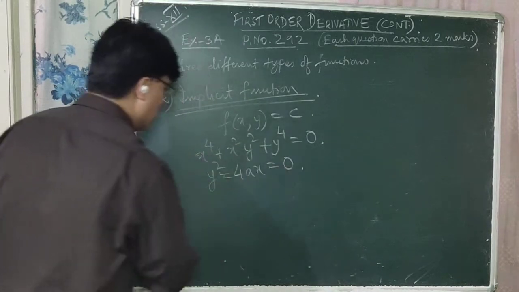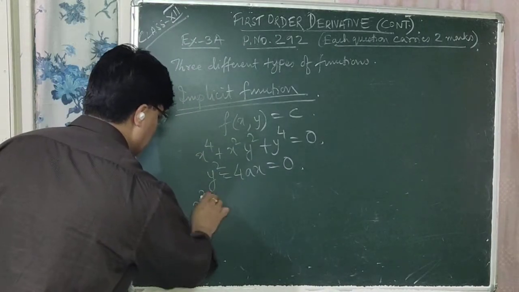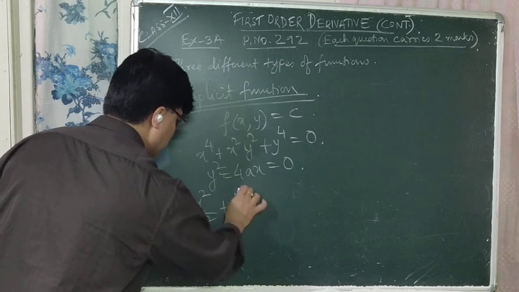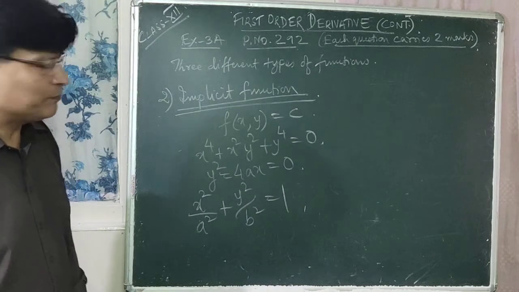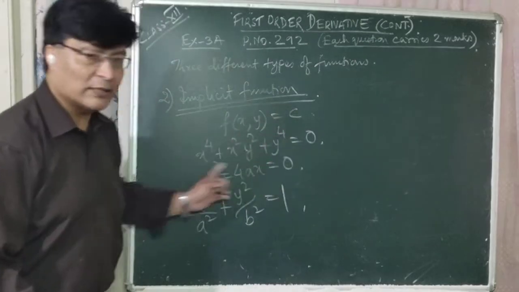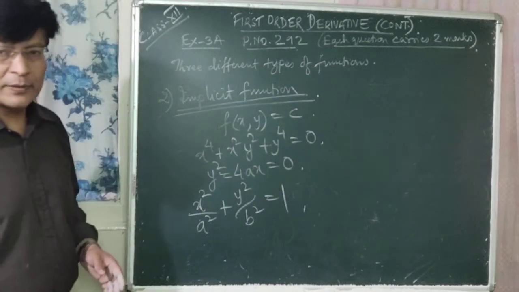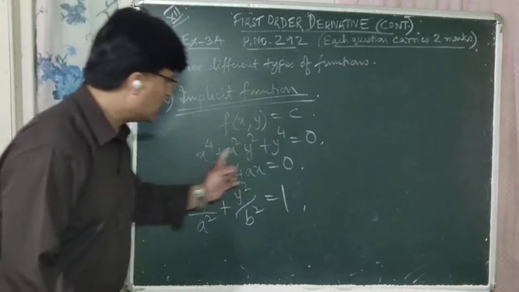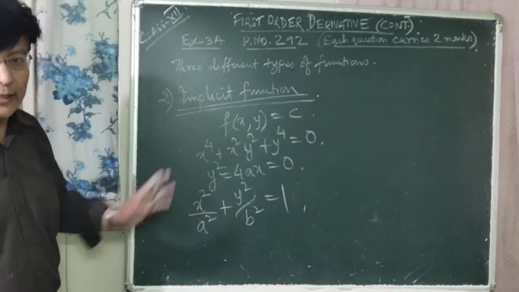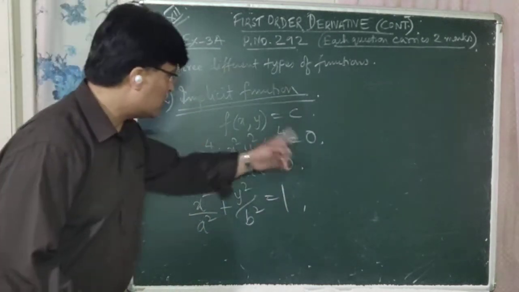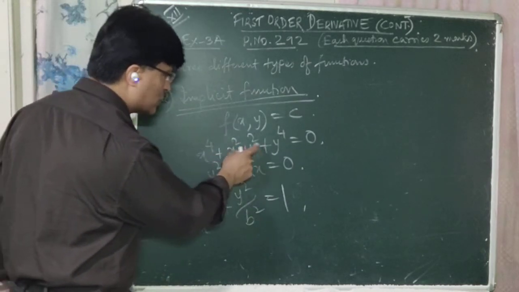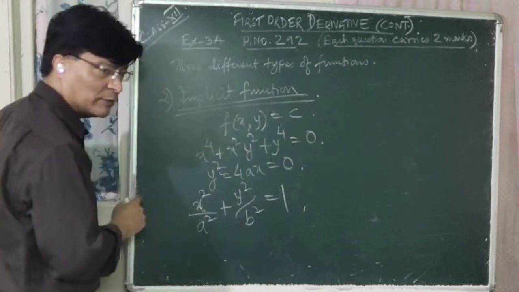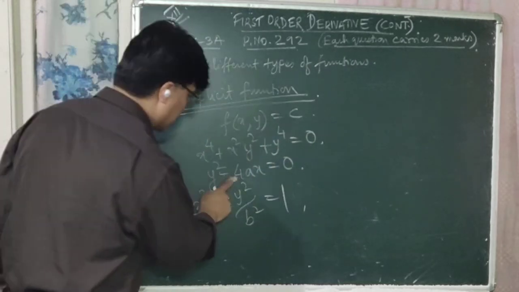It may be x square by a square plus y square by b square is equal to 1. So this is a relation between x and y. If there is a relation between x and y given by x to the power 4 plus x square y square plus y to the power 4 is equal to 0, or a relation like this,